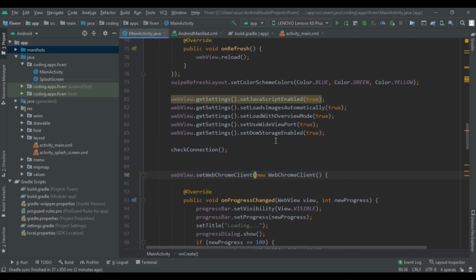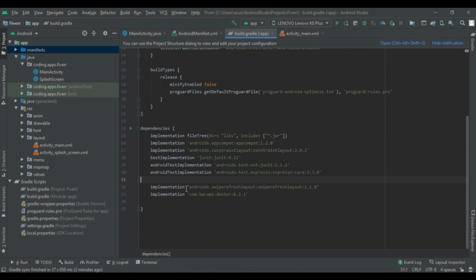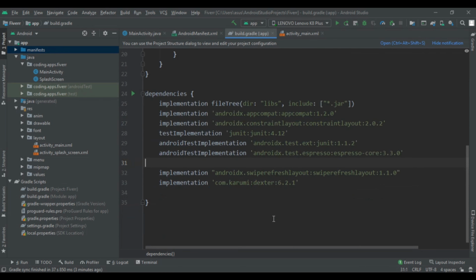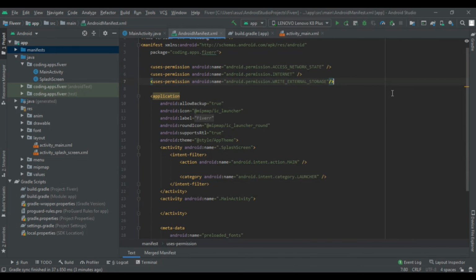So when a user clicks on the downloadable items from our website, it will get automatically downloaded and stored in the internal storage, instead of moving to the web browser. So let's get started. To use this functionality, we need to implement one library, and that library name is this. You can check it out from here. So here it is, and we have to add the write external storage permission in our manifest file.